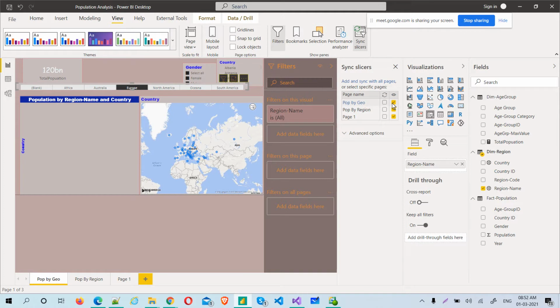If I don't select, it should just go off. Any guess why it's showing here? Ideally, it should not show. Maybe it might take some time to go off.